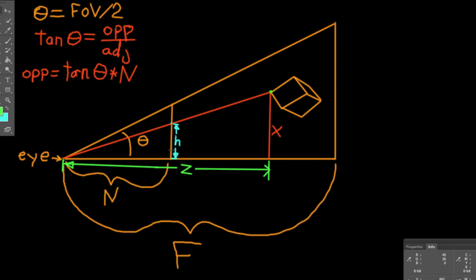You'll notice that h is to n as x is to z, and you can see plainly that these are similar triangles. So we can write those two relationships. As I said, h is to n, or h divided by n, will be equal to x divided by z by similar triangles. So if we cross multiply, that gives us h times z is equal to n times x,